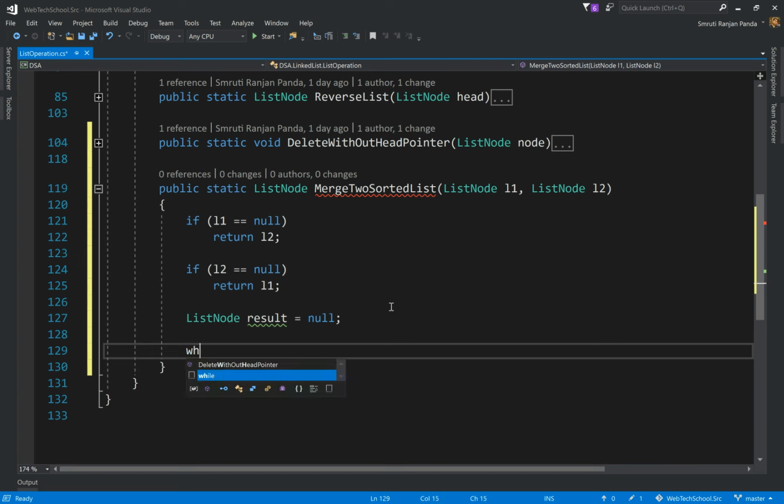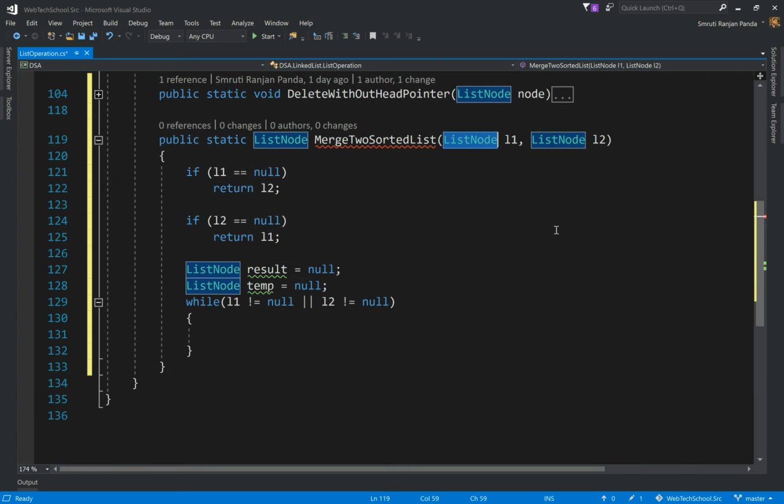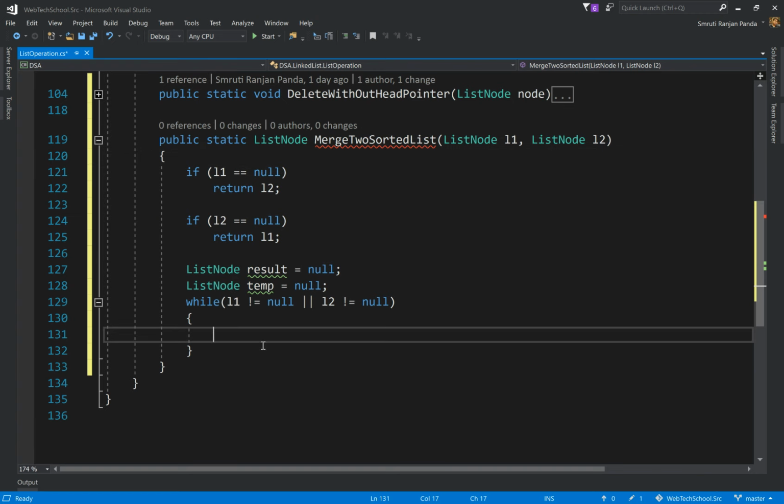So let's traverse the list while L1 is not equal to null or L2 is not equal to null. Then what do we want to do? Now let's compare L1 and L2 data.